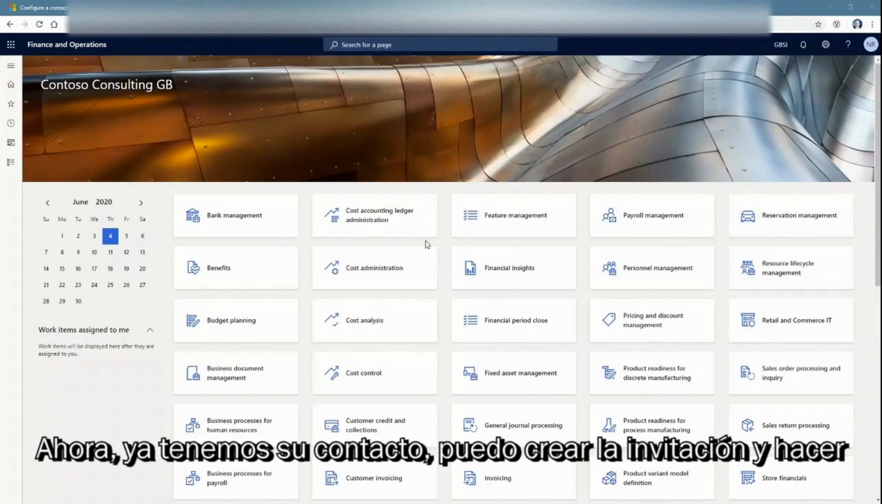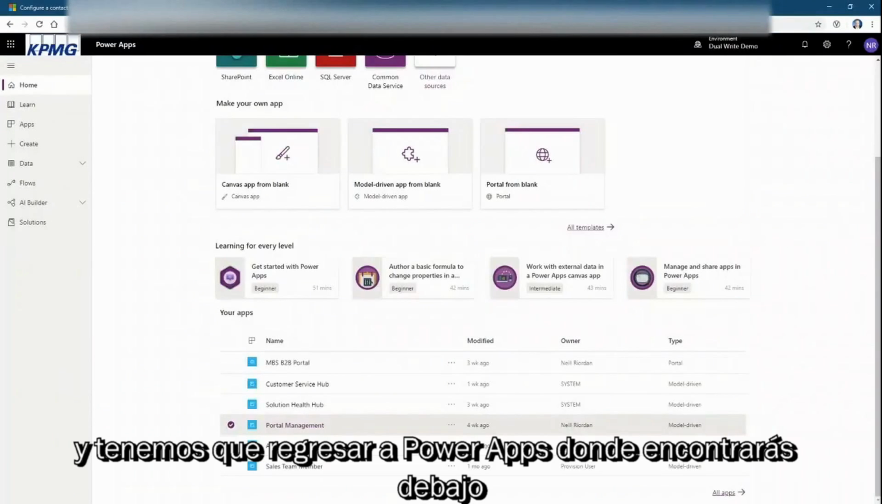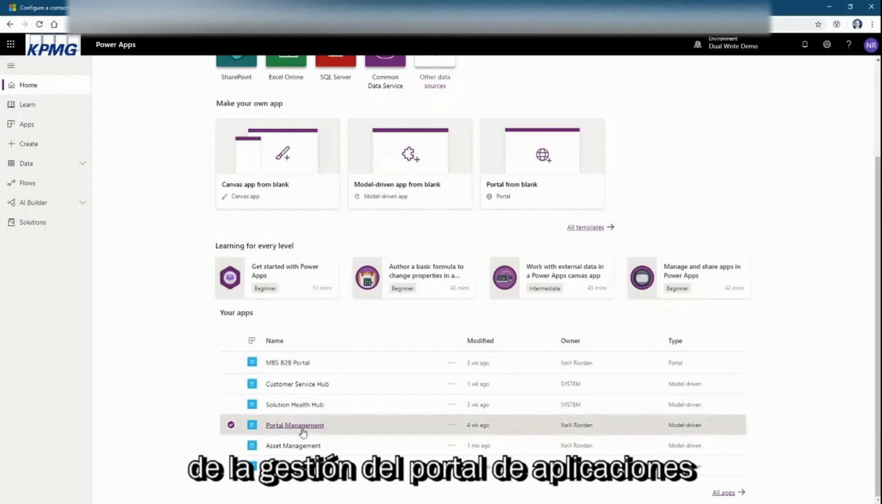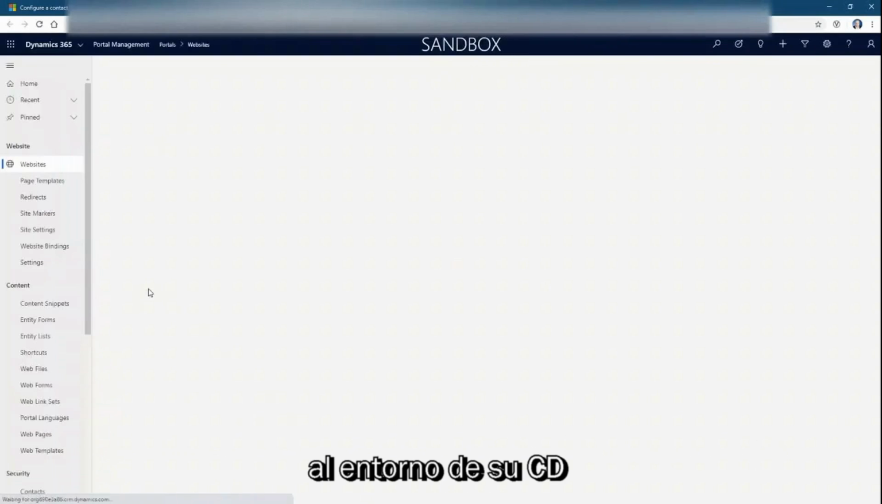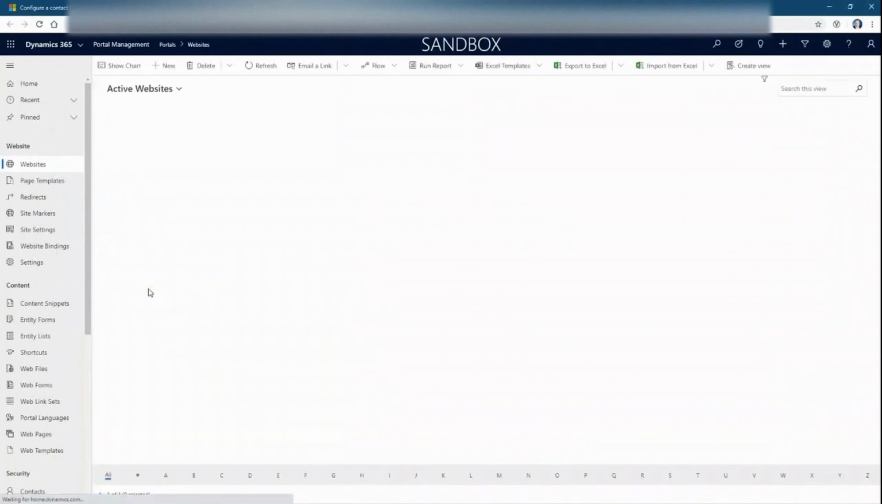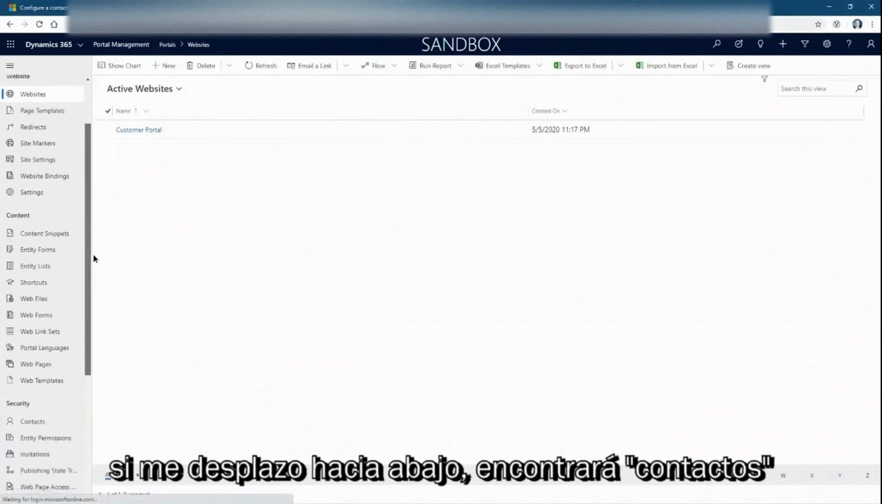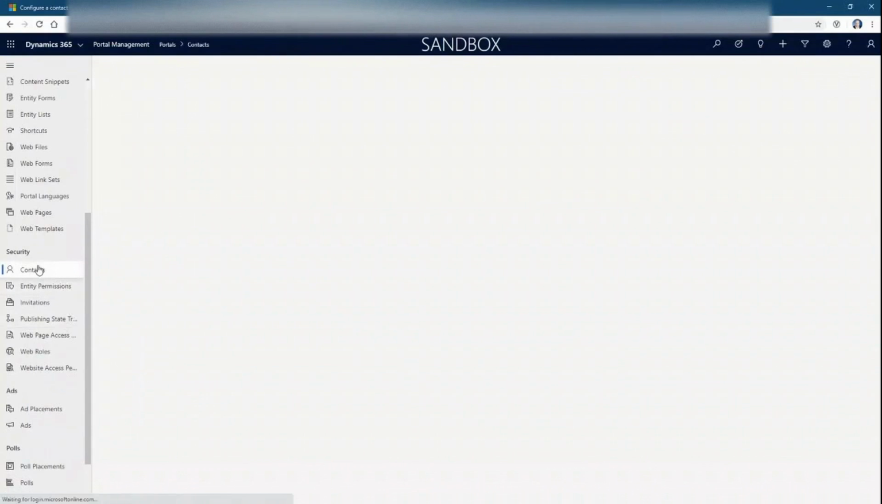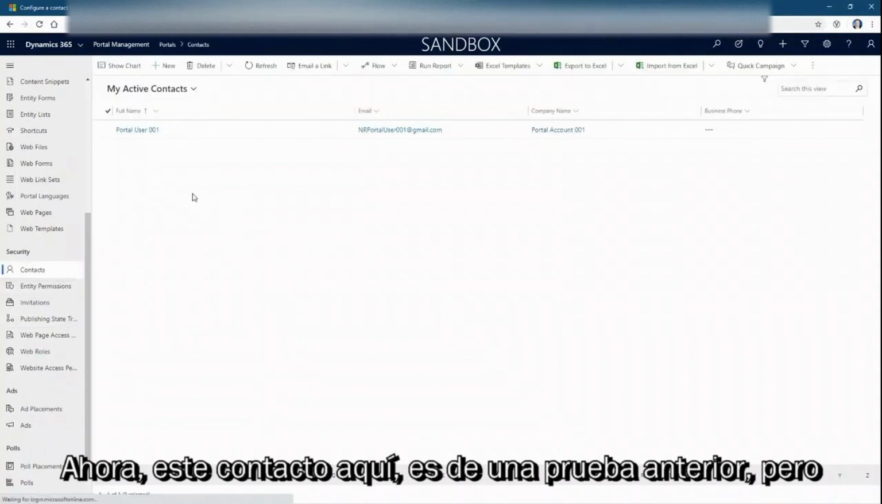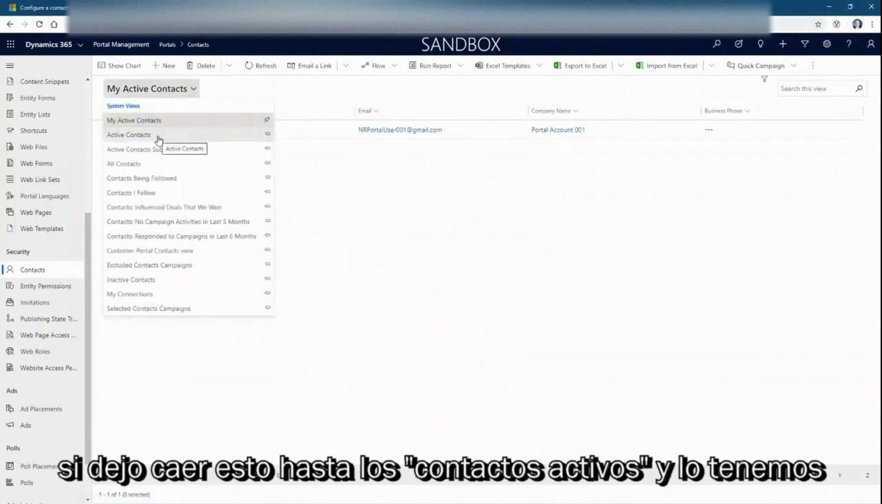So now we've got the contact, we're going to create the invitation, and to do that we have to go back to Power Apps. In Power Apps you will find, under your apps, portal management, and this is created when you load the Power Apps portal function into your CDS environment. Now if I scroll down, you'll find contacts. This contact here is one from an earlier testing thing, but if I just drop this down to active contacts,